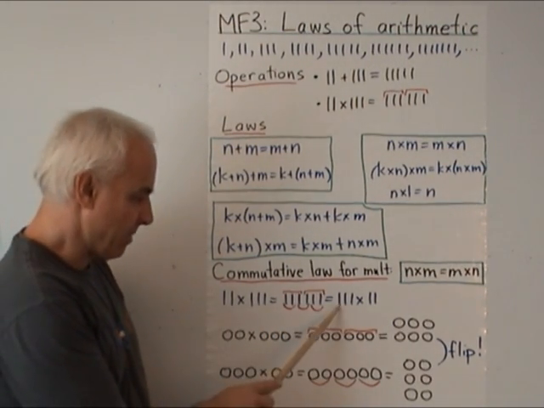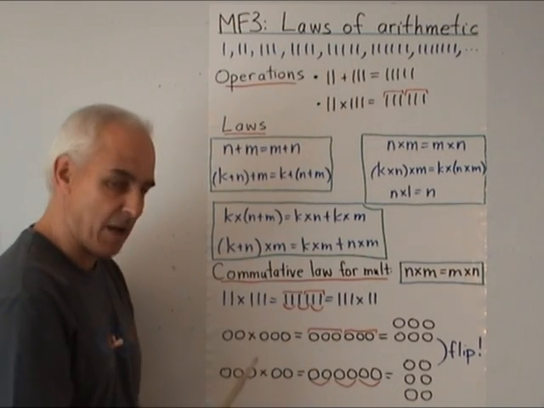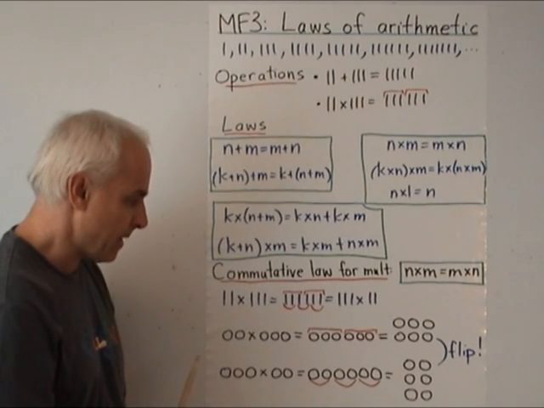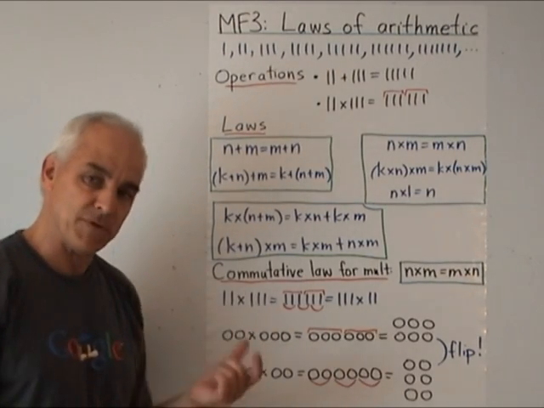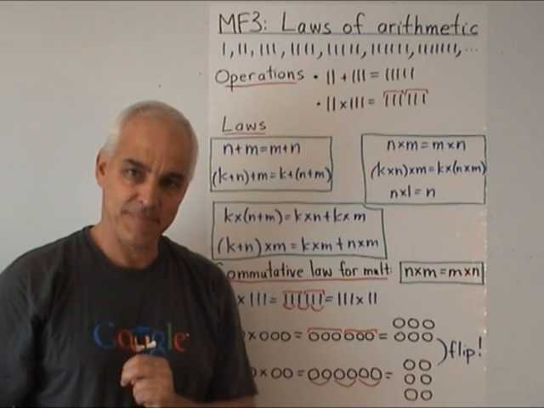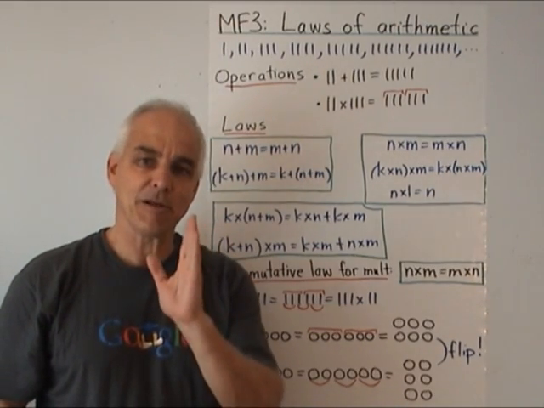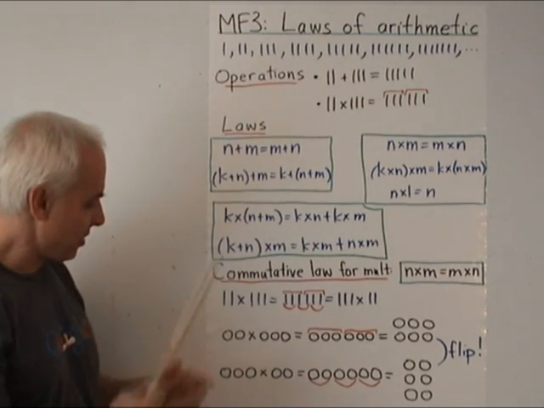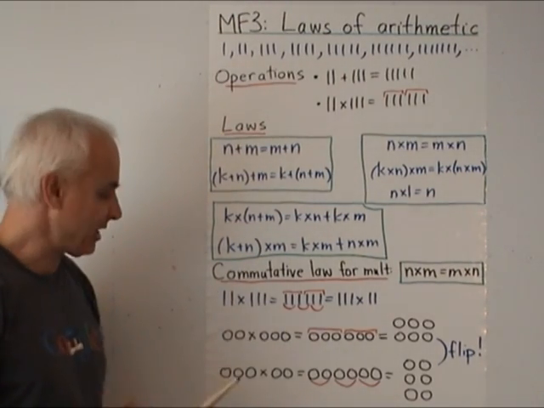On the other hand, if we think about 3 groups of 2, or 3 times 2, we have 3 groups of 2. Why should it be that 2 groups of 3 is the same as 3 groups of 2? This is already a subtle point. And to explain why, let me change notation just slightly, just temporarily.